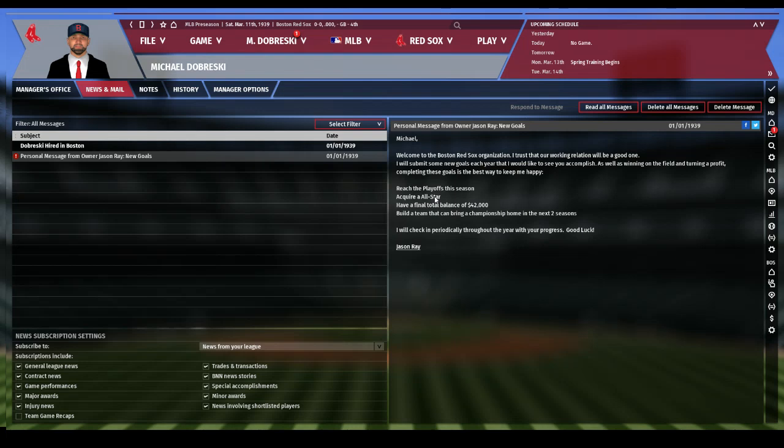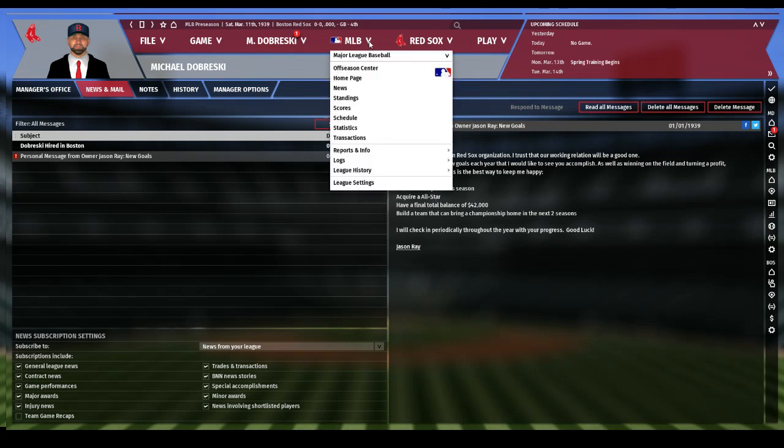I'm gonna probably turn those off just because I'm not playing in the they-can-fire-me mode, so I really don't want to care what the owner says, to be honest with you. I'm playing in another league where I can get fired, so I do have the owner goals and have to follow the owner and play it that way, but I'm not doing that this way. So here it is right here. So now I go ahead and set this up the way I want things set up. I go to League Settings,